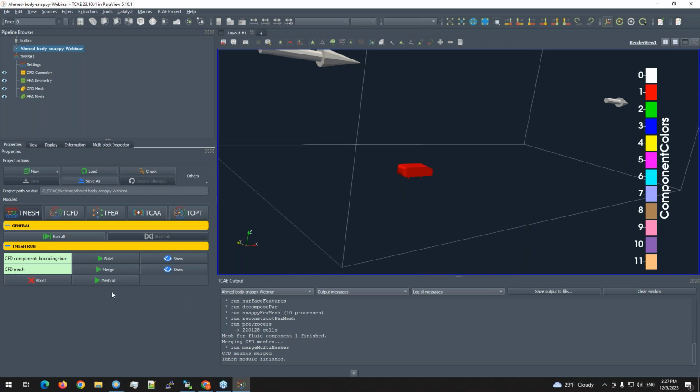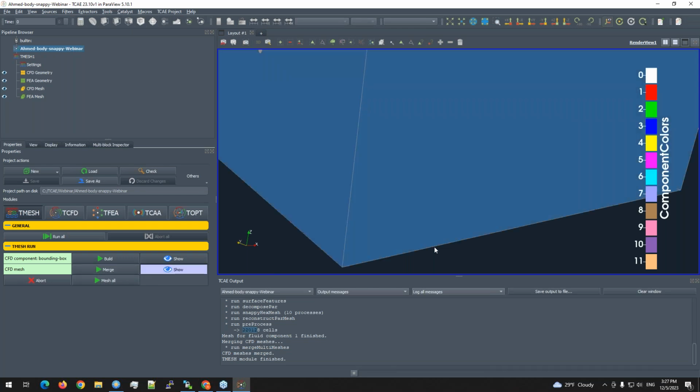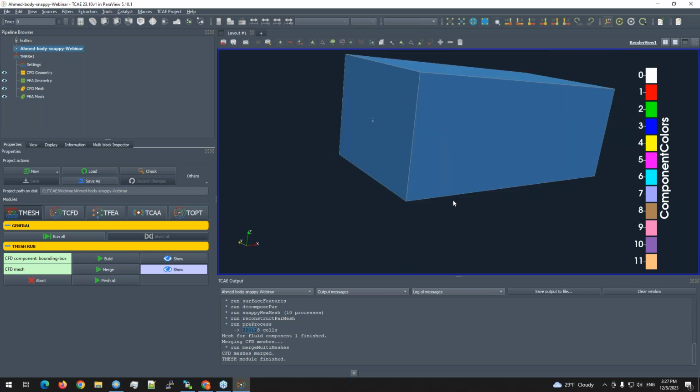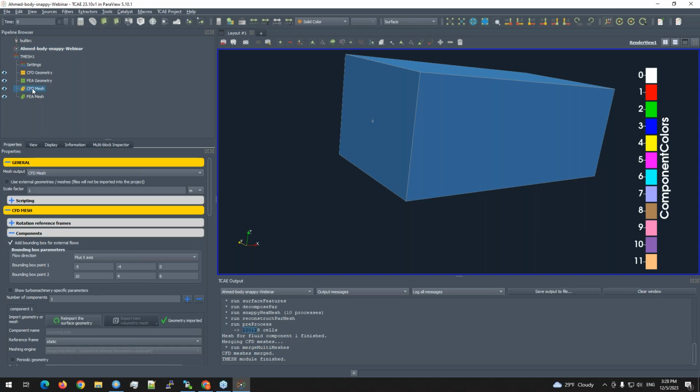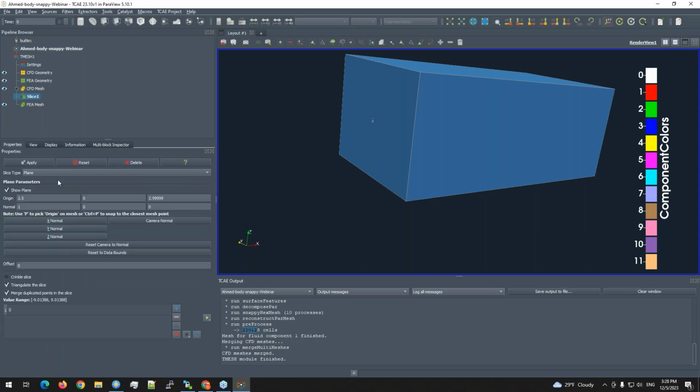Okay, the mesh was done. It was pretty quick. You can see we now have 220,000 cells, and to visualize the mesh we can click here to show the mesh. So now we can see the mesh, and to see what is happening inside we can click here on the CFD mesh, apply the slice,